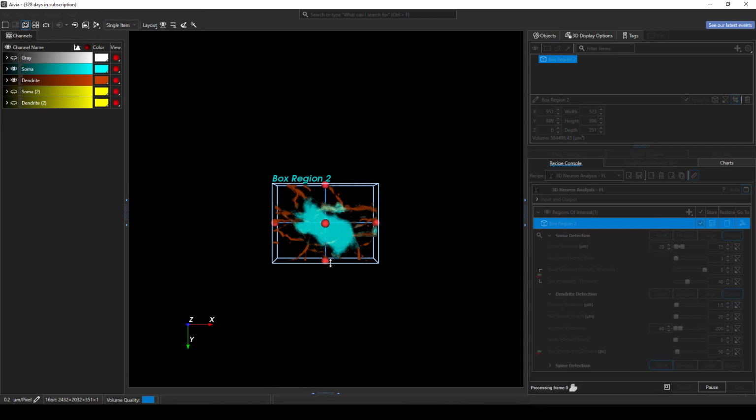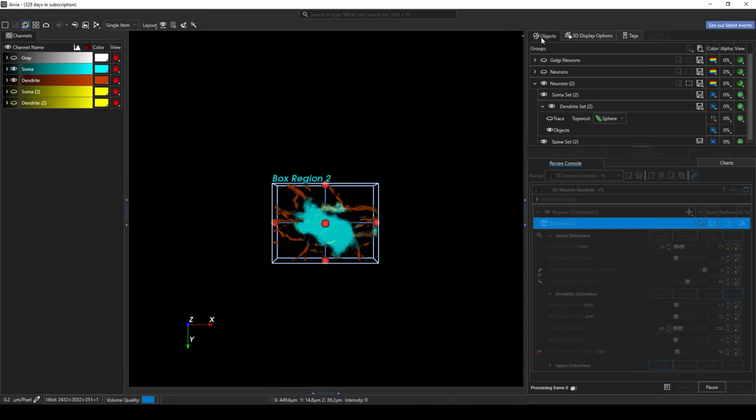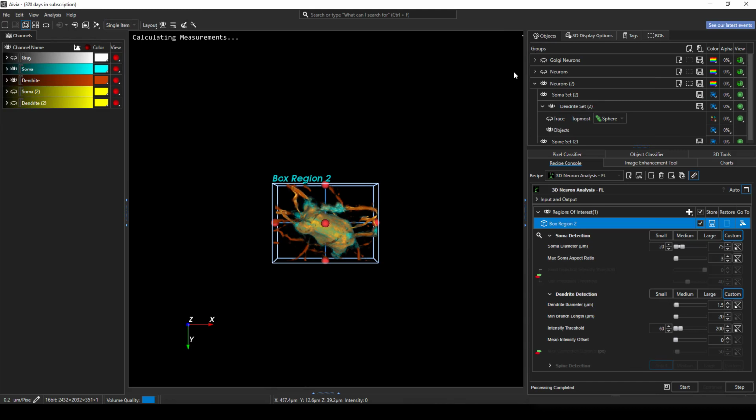You also see here that as I was talking, I launched this into our 3D viewing mode here, as the neuron results can only be seen in 3D. All right, so our analysis is done. It did a decent job, but of course you can continue to further fine tune this if you would like. I'm gonna go ahead though and do my